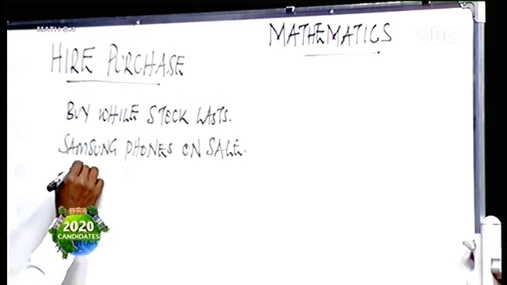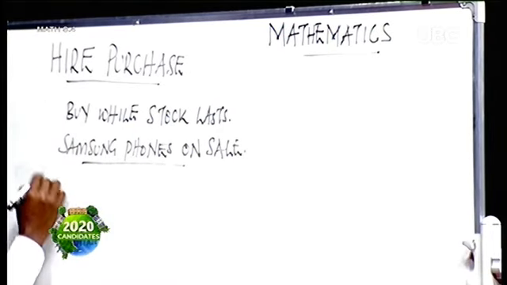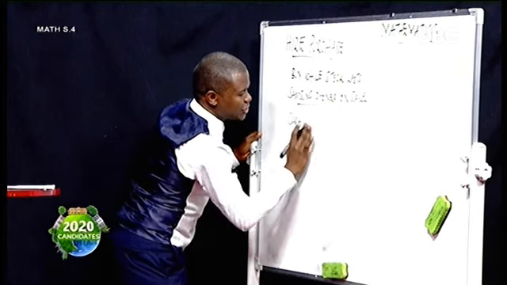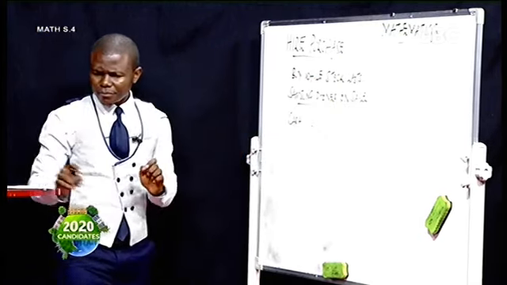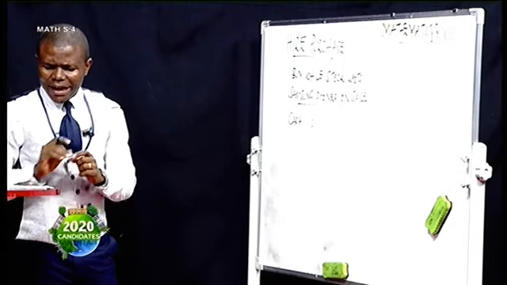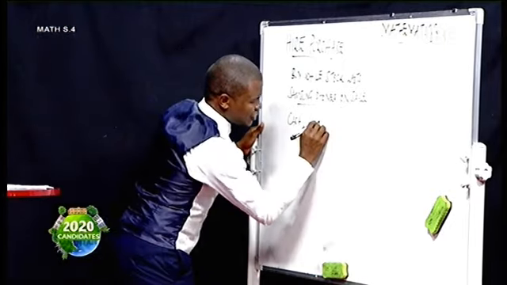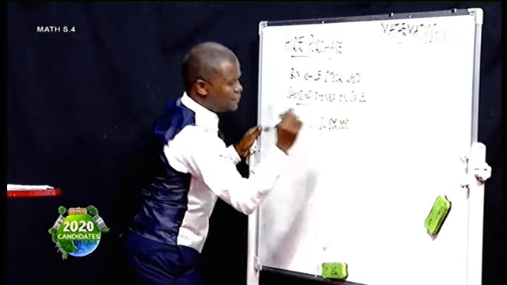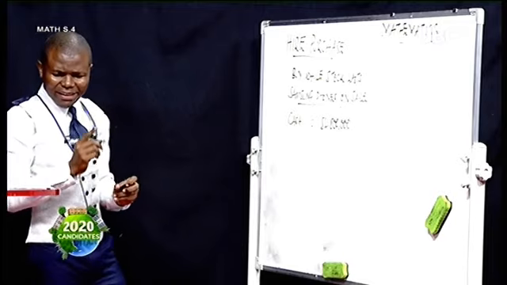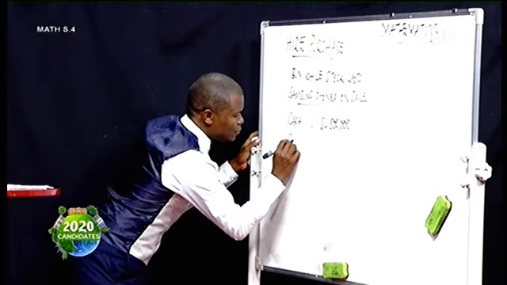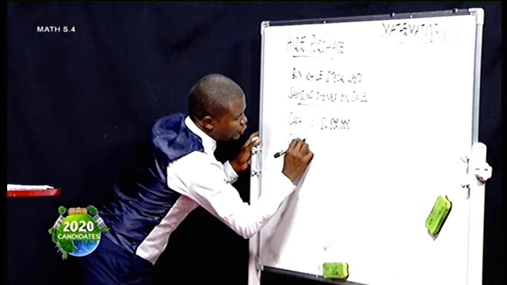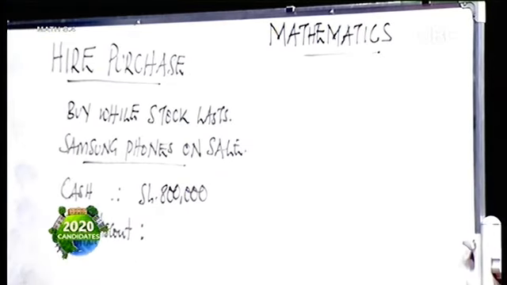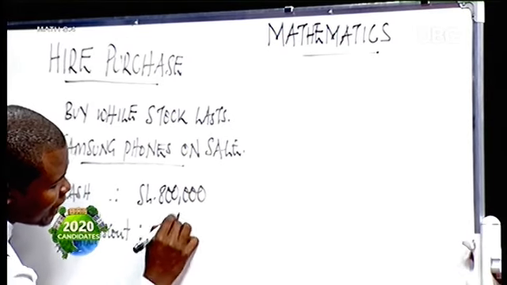Now, down there, in the advert, they said the cash terms is shillings 800,000, according to the advert I saw in the newspaper. But then they also said that when you buy by cash, they will give you a cash discount. And the cash discount given was 5%